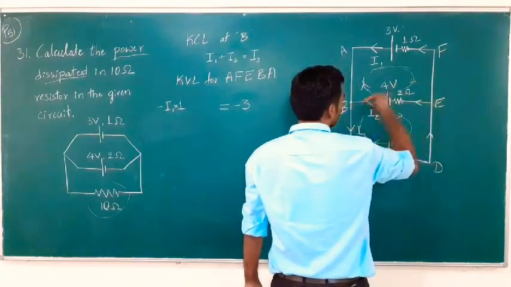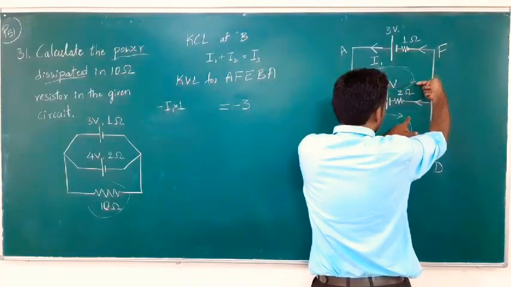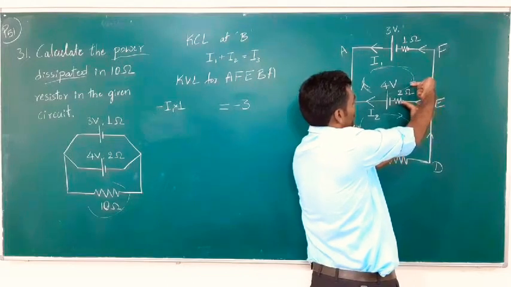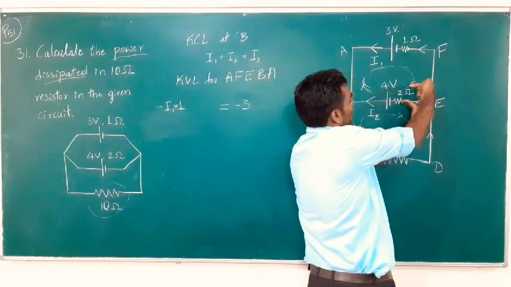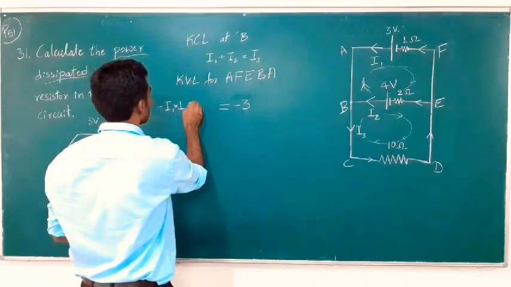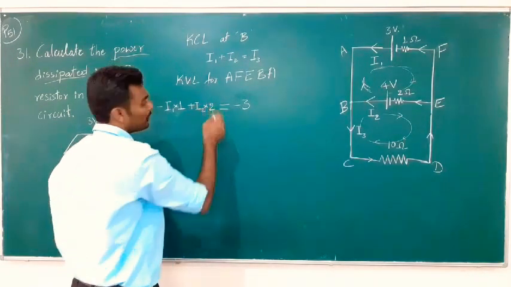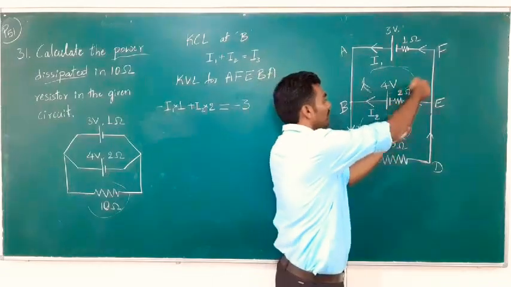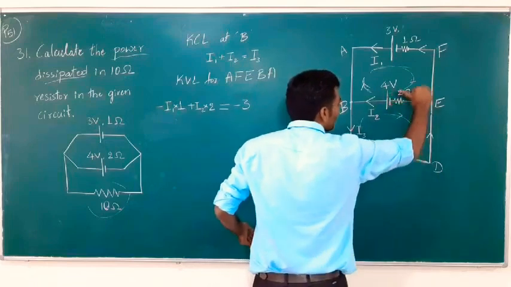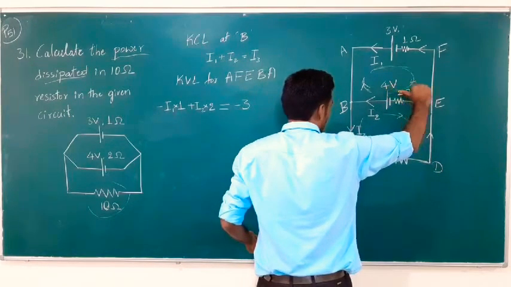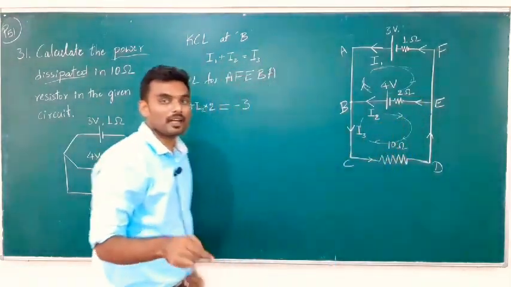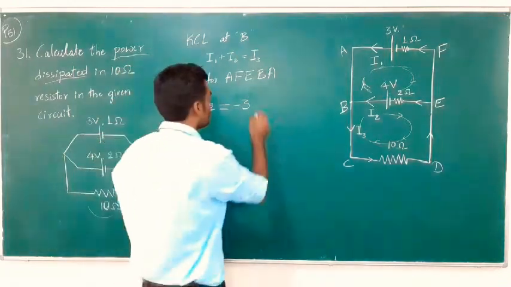Then from B, like this. The direction of my traversal is the same as the direction of current here, which is the current in this branch, I2. What I see first is the resistor, and the resistance of the resistor is 2 ohm. So it is plus I2 into 2. Why plus? Because the direction of traversal is the same as the direction of current. Then what I see is the cell, and this cell has the EMF of 4 volt, but I touch the negative terminal of the cell first. So the rule says I should take positive of the EMF. So it is plus